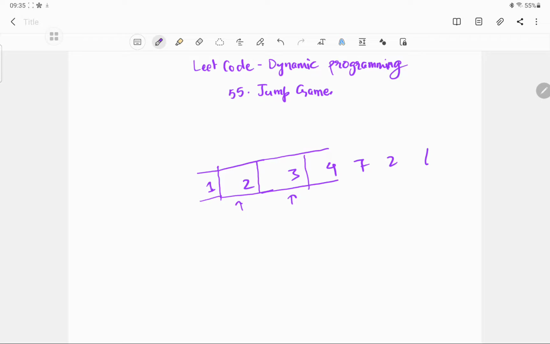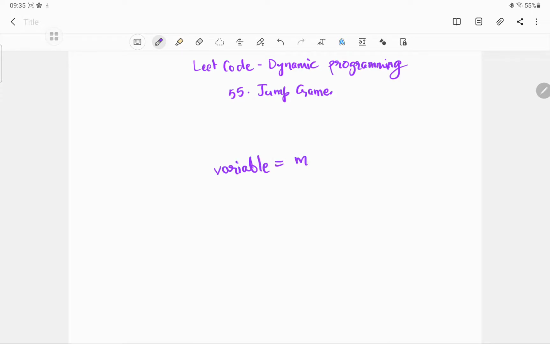So let's just see how it works. For this question, we can create a variable called max distance. This would represent the max distance that we can cover until that point.